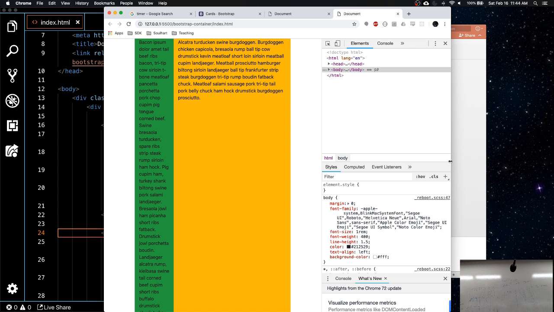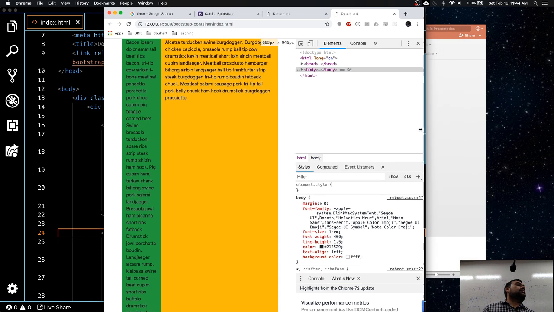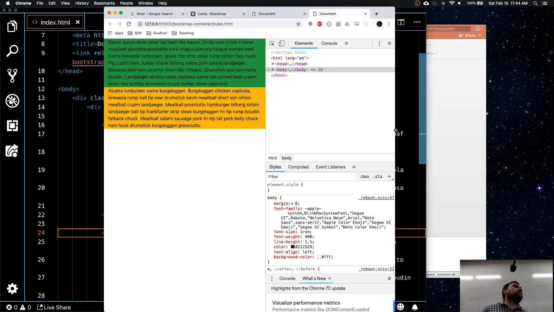But still 3 and 9, because I haven't hit the breakpoint that I have mentioned, which is SM. Get to 576. See what happened? It stacks up. The default behavior is that it's going to stack up. See that?